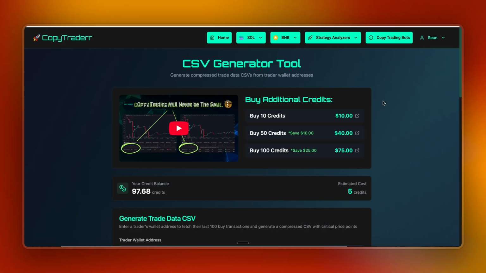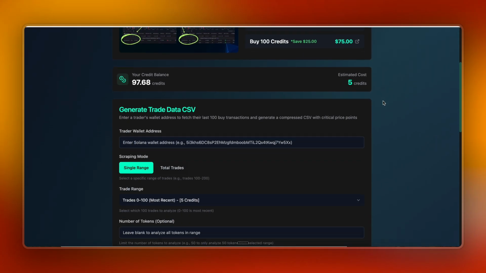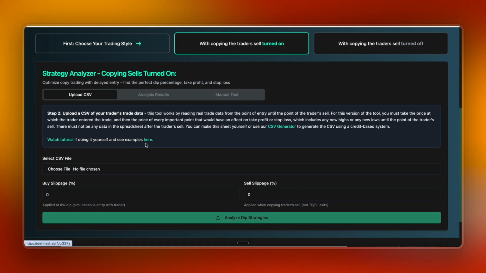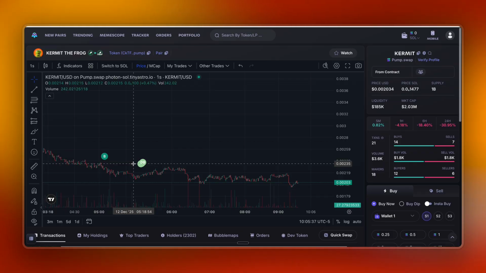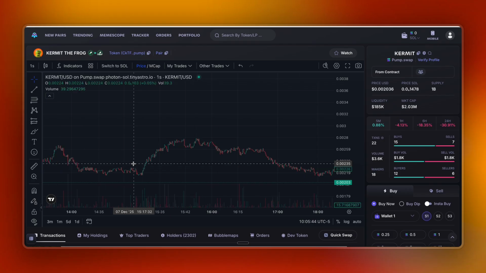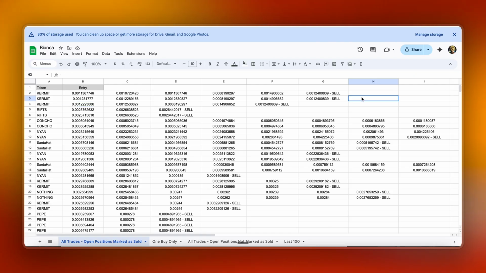So that's it. I know it's a lot of information, but it's really important to get these sheets right, because the accuracy of these sheets is what determines your results. To summarize it in short, if you're using the analyzer where you're copying the trader's sells, which I typically do for traders who are swing trading and holding tokens for a long period of time, then make sure that there's nothing after the sells. Make sure you're always checking to see that there was no 1,000 page limit reached, and